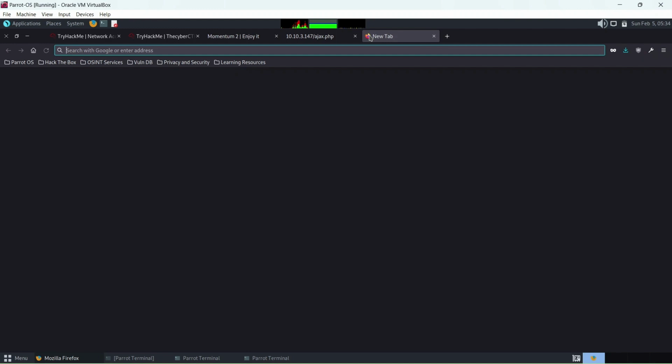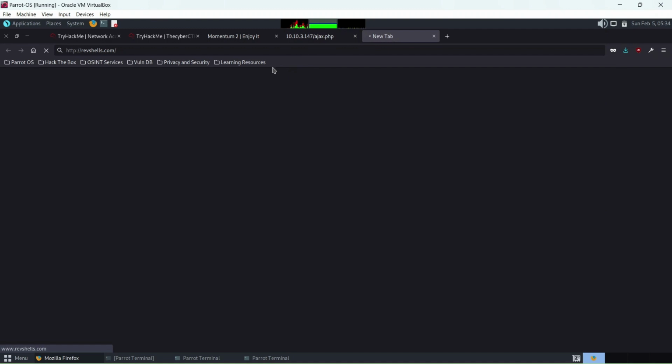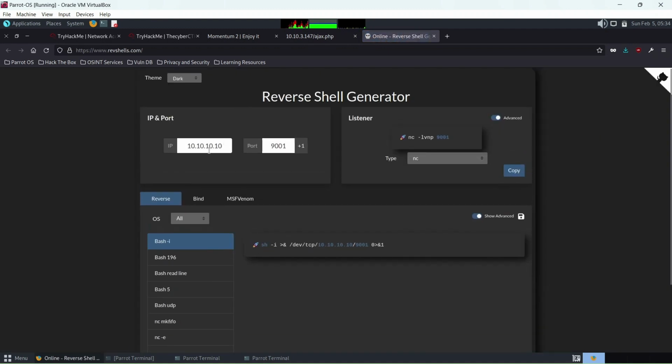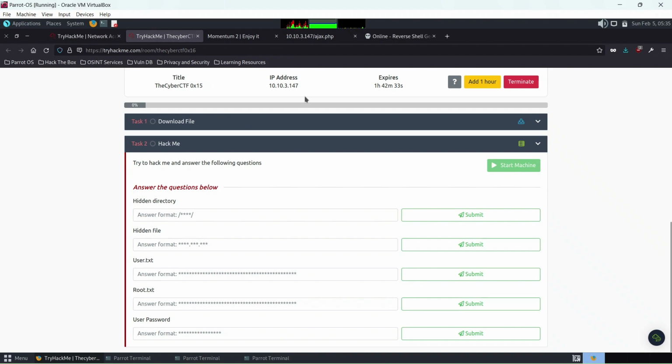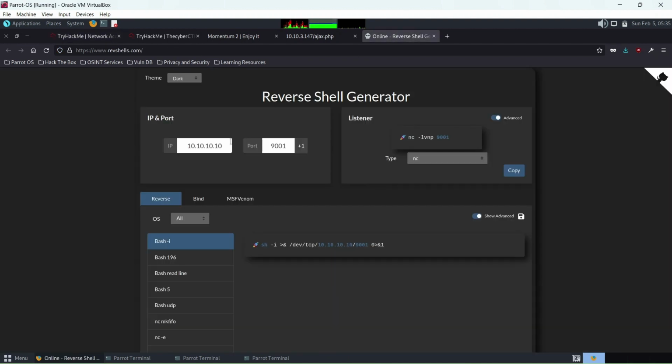And I'll search for revshells.com, which is a very good website to provide reverse shells. And what's my IP address? This is the one. I don't know, let's open it here. Sorry, here. This is my IP address. Paste your IP address over here and the port, whatever it is. And